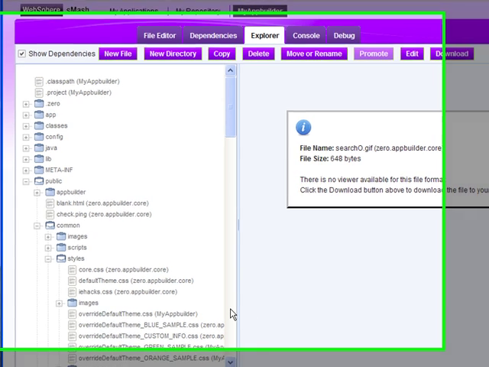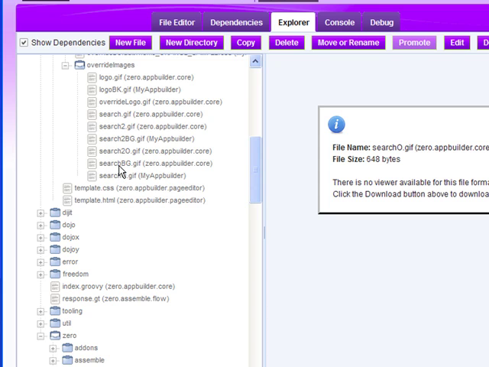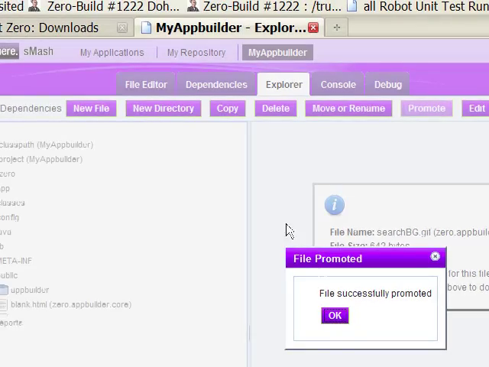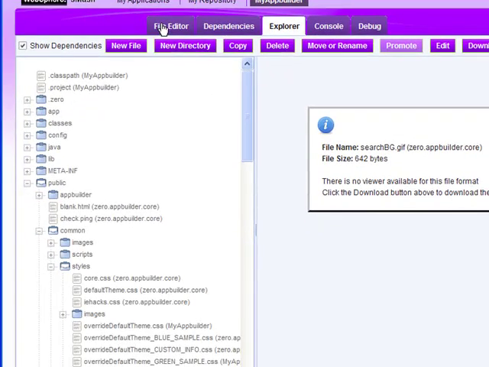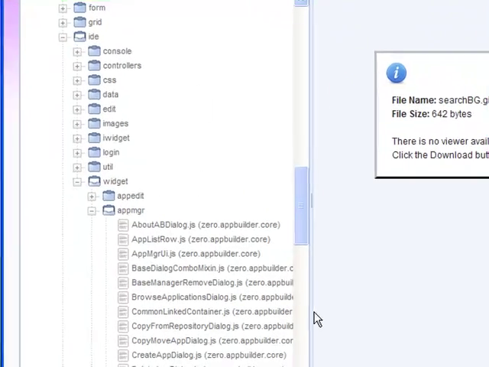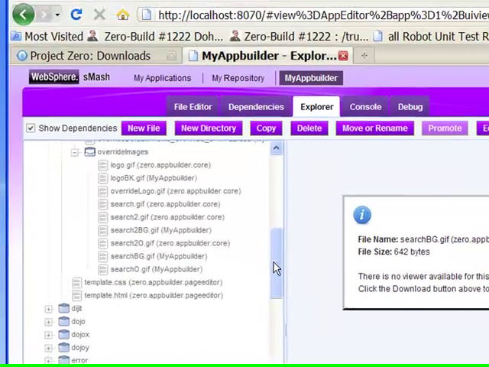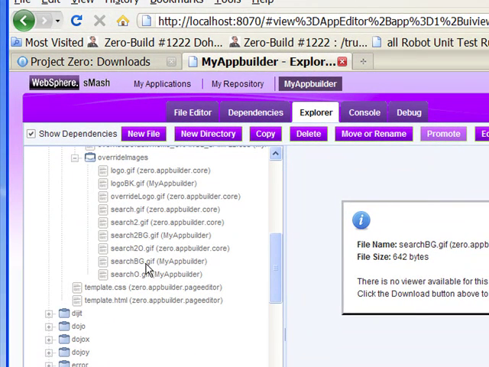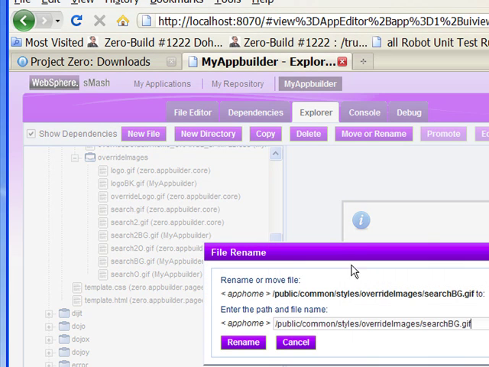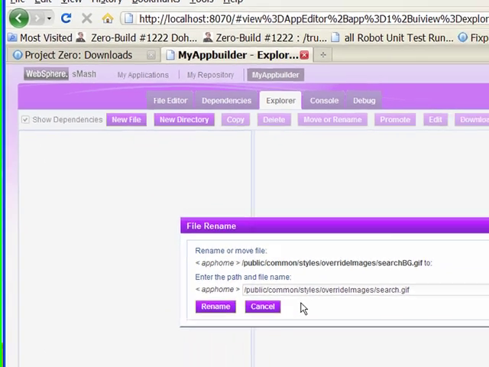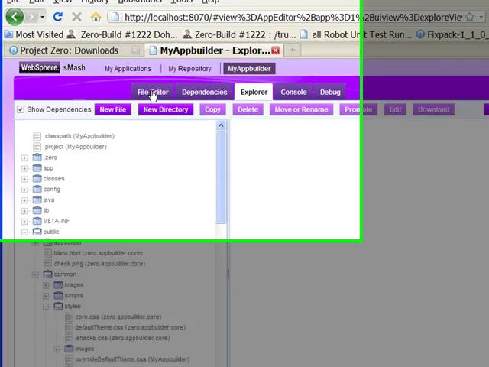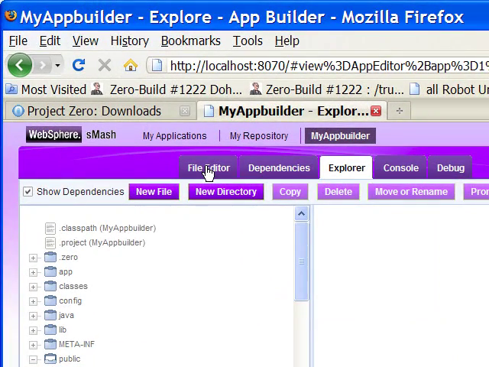Dependencies is still selected. Search BG, that's the guy I want. Okay, actually what we can do is just rename it here. Right, not down here, where to go? I'm still too low. Search BG is now in my app builder, so I can do a rename right here. And I'll just change that right there, do a rename. Okay. Alright, so